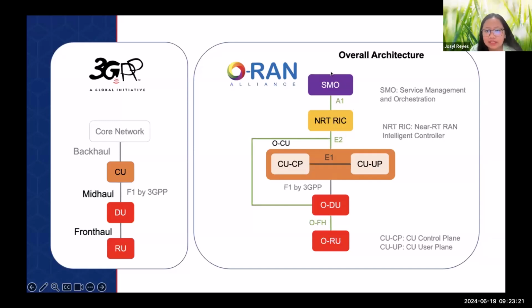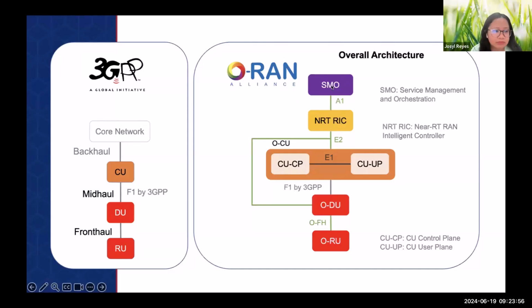And then yung ating non-real-time RIC nandito sa SMO, it connects to the near real-time RIC via the A1 interface. Why the need to connect the two? Since the near real-time RIC gathers na yung kanyang mga data about the RAN, about the nodes, it can share the information to the non-real-time RIC for further processing if they need to apply AI, machine learning models for maybe prediction or mostly for long term. Then they can do so.